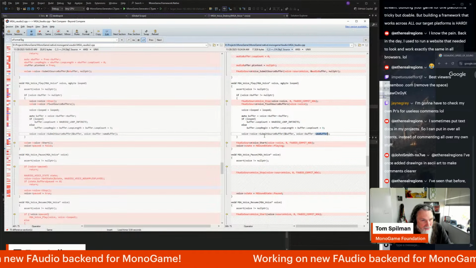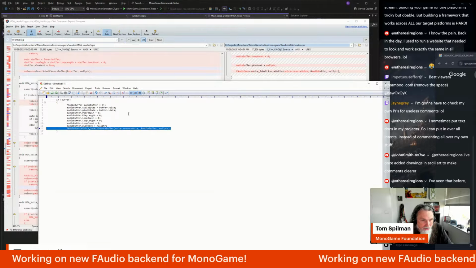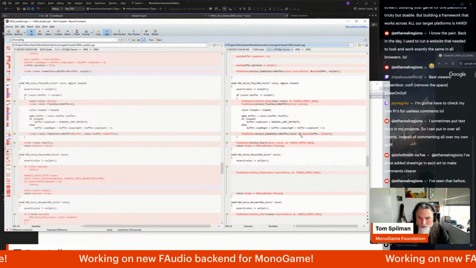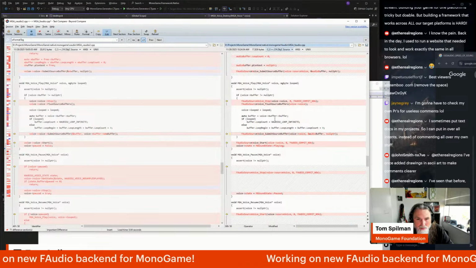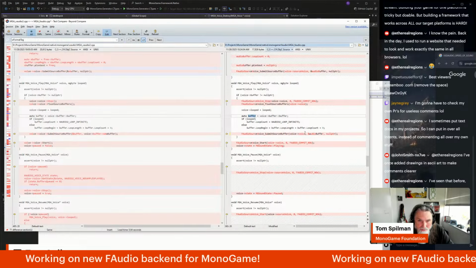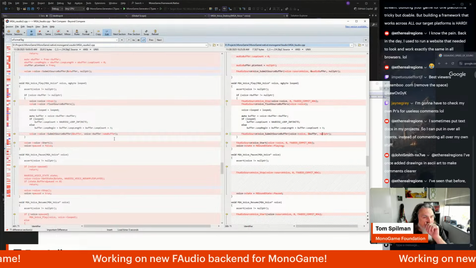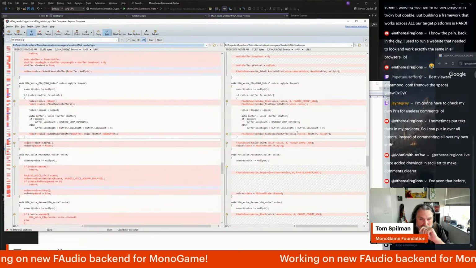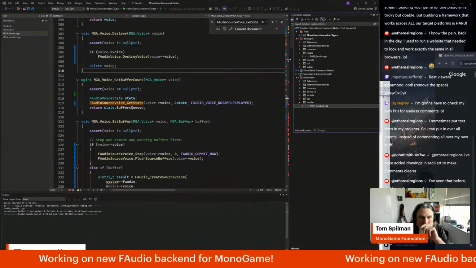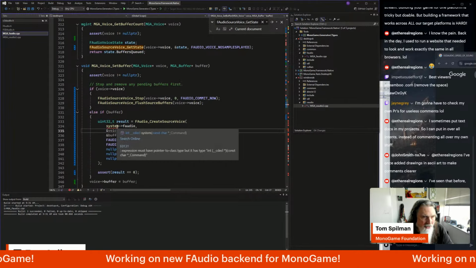That WMA buffer thing needs to be changed, because I don't think it supports that, but we'll find out. It's going to be that voice. So audio buffer, it is going to be just buffer. So I think that's correct. We'll have to go back and add this, and I really don't like that auto there. Got into a bad habit of using auto, since I do so much C#, so I've gotten used to the idea of